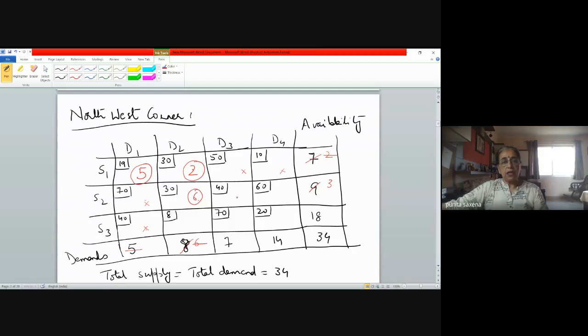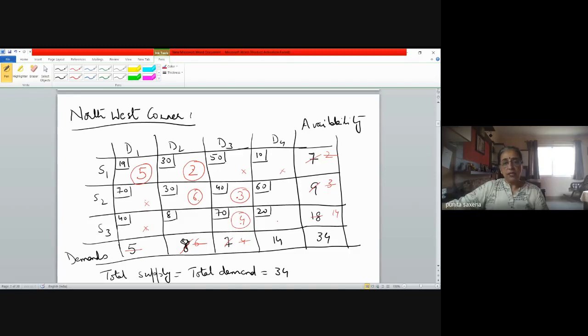So next cell means we are now in the cell 2, 3. So we have to choose the minimum of A2 and B3, which is 3. So we allocate here. This gets exhausted, but this still is left with 4 more units to supply. Now, since the minimum has turned out to be equal to A2, we move vertically down. When you move vertically down, you are in this cell. Now in this cell, you have to choose the minimum of 4 and 18. So how much do you supply? This gets exhausted, but then this is left with 14 more units.